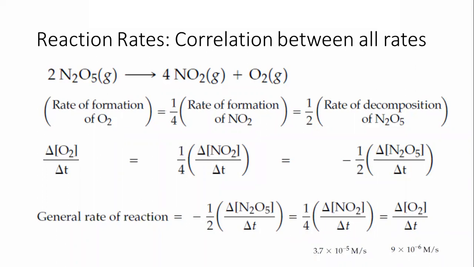Now, I am going to calculate the rate of the decomposition of the dinitrogen pentoxide. Again, now the value of this is given. So any one of you suggest what would be the rate of decomposition of N2O5? And this is the value of oxygen, the rate of the formation of oxygen is given. What would be the value? So we would multiply the oxygen's value by 2, and the value is 1.8 into 10 raised to the power minus 5.